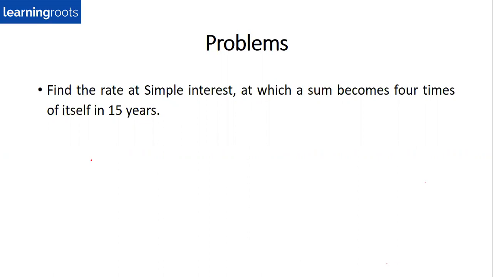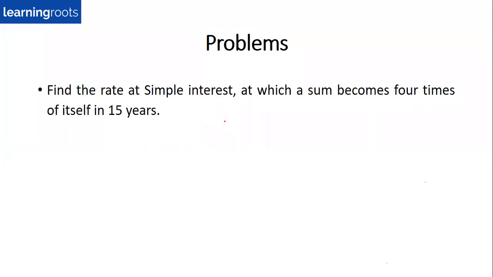Okay, so I can see three of you have answered this. Find the rate at simple interest at which a sum becomes four times of itself in 15 years. So if we use the simple interest formula straight away, as we discussed when we were discussing that